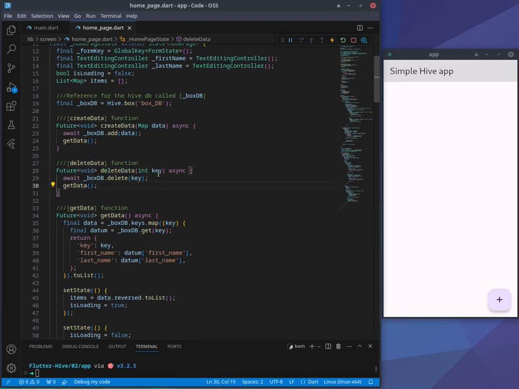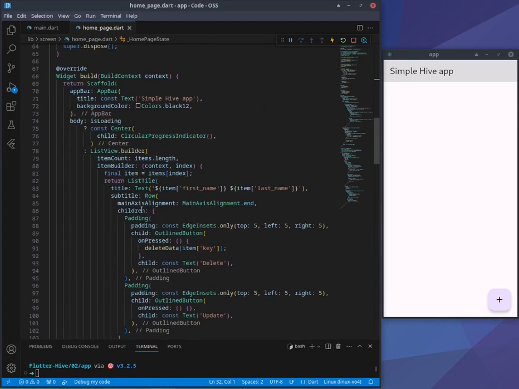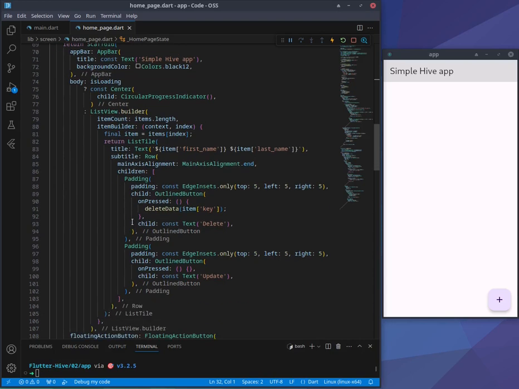We just need the key for the item, and we can delete it using the delete function for Hive. Here in the delete outline button, in lines 89 up to 95,